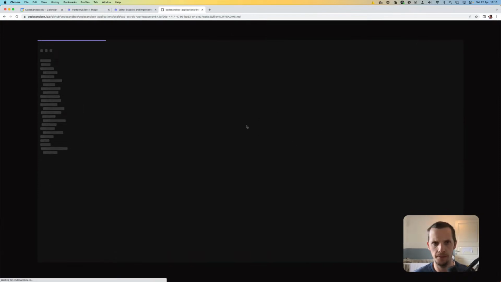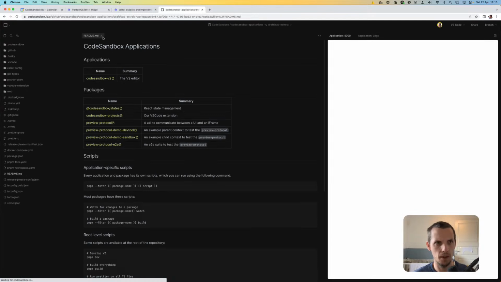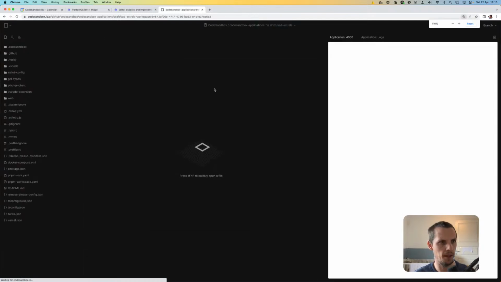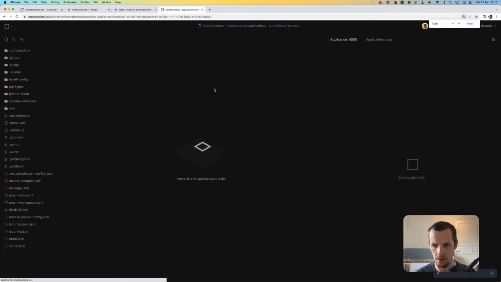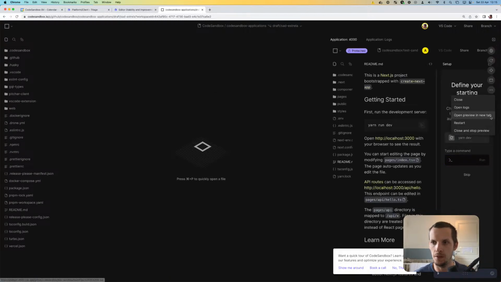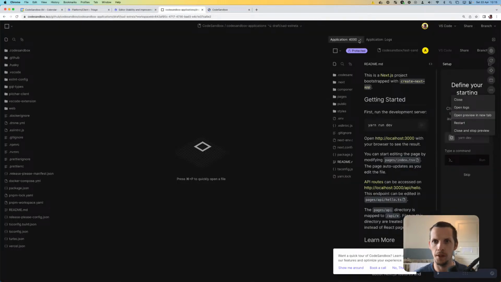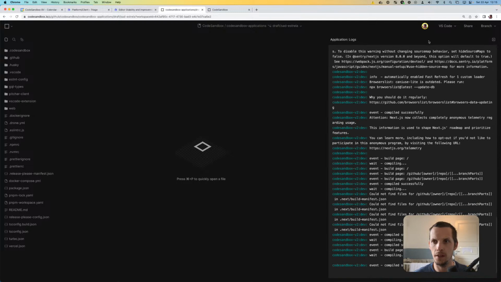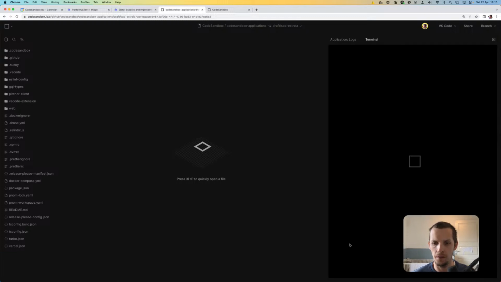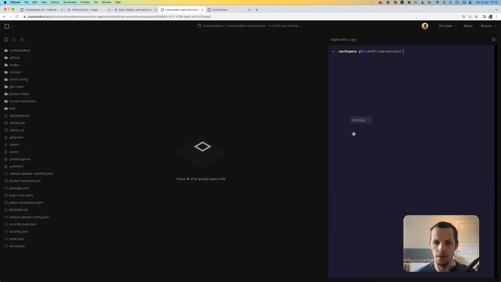Let's see. And I might zoom in a little bit here because I guess the resolution is quite high. And we'll just open this in a new tab. That's how I typically do it. And then let's create a terminal here. New terminal. And let's shove that